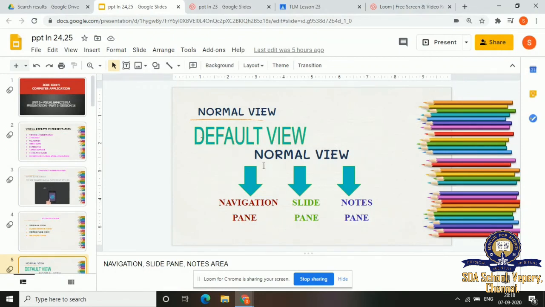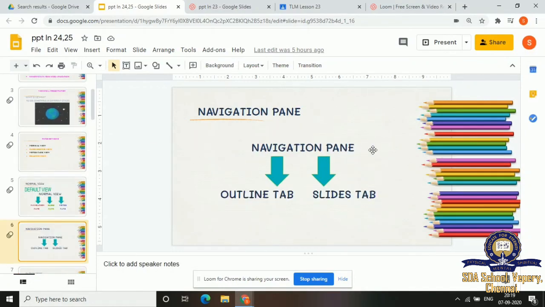So what is the pane? Navigation pane has two tabs. One is the outline tab and the other is the slide tab. This is the outline tab. Here you can see that is the outline tab, and the slide tab.